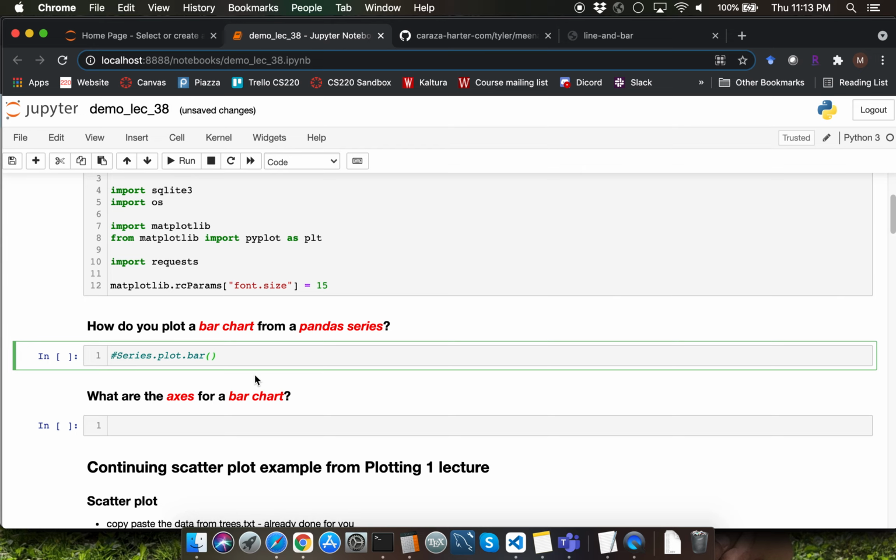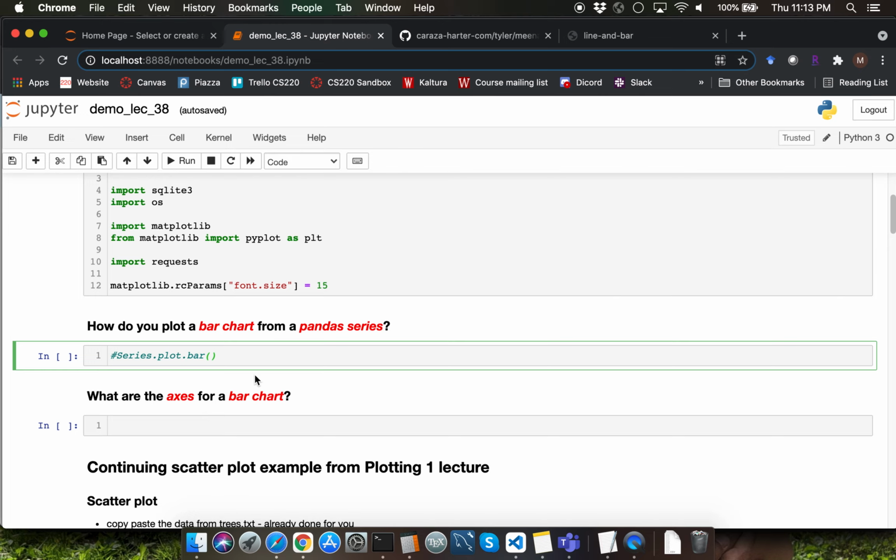The more challenging aspect about plotting with respect to data science is going to be about determining which type of plot will best depict a specific data analysis question. We are going to give you some intuition for this as part of the Plotting 4 lecture, but it is going to take you years of practice to be able to answer with confidence that a specific type of plot is the best plot for a given data analysis question.